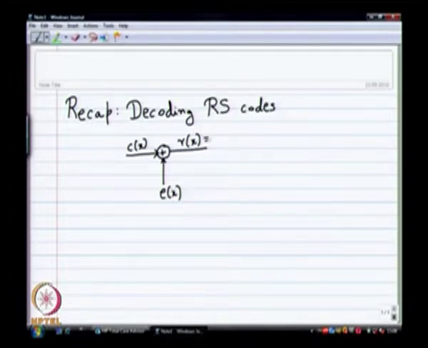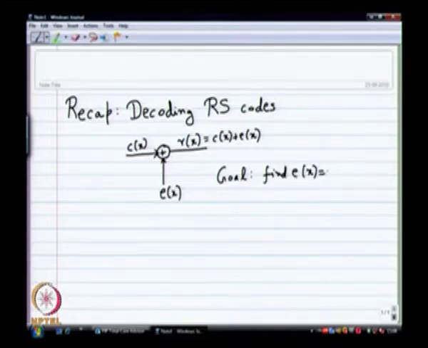So r of x becomes c of x plus e of x, and the goal is to find e of x, okay, right. That is the idea of this decoder. You have to find c of x, of course, from r of x, but we try to find e of x. Okay. So for that purpose we do basically a bounded distance assumption, and we say that there are, let us say for instance,